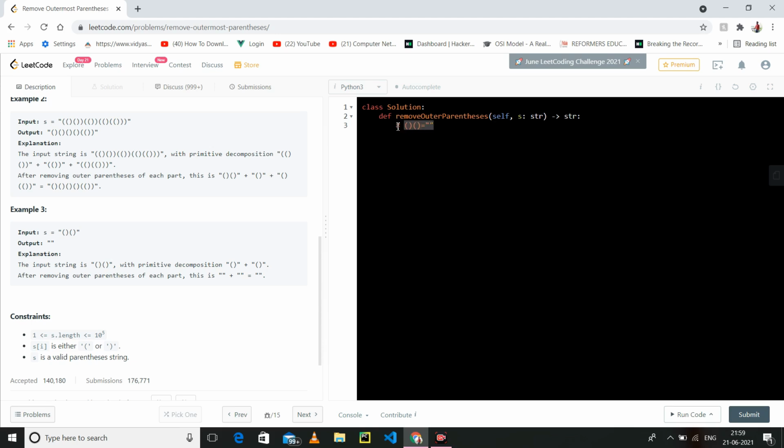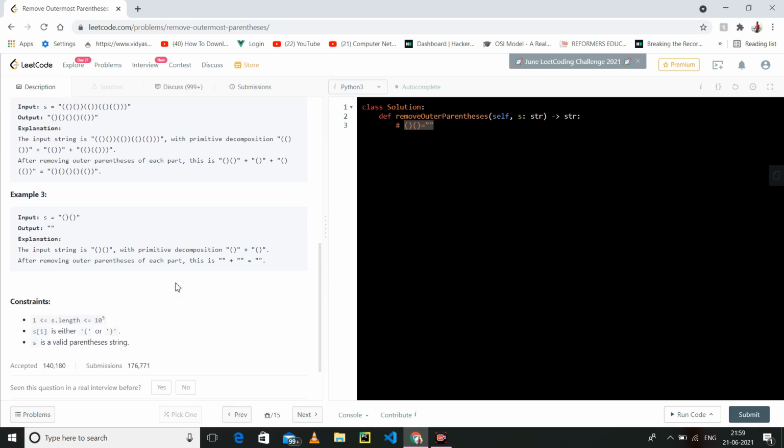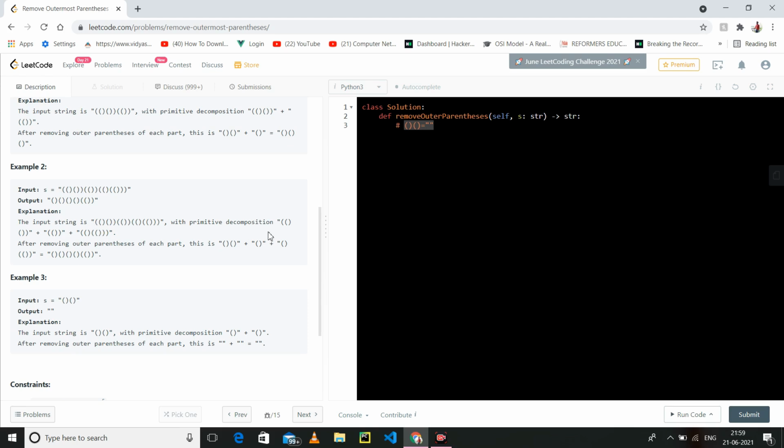So you can analyze this question. If we decompose it in this way, you can say that it is valid. The opening and the closing brackets are always equal. Here 1, 2 are opening and this is 1 closing, so 2 opening, 1 closing. Now this is 3 opening, 1 closing. Now if we add these two, then 3 opening, 3 closing. So it is clear that we always have equal opening and closing.